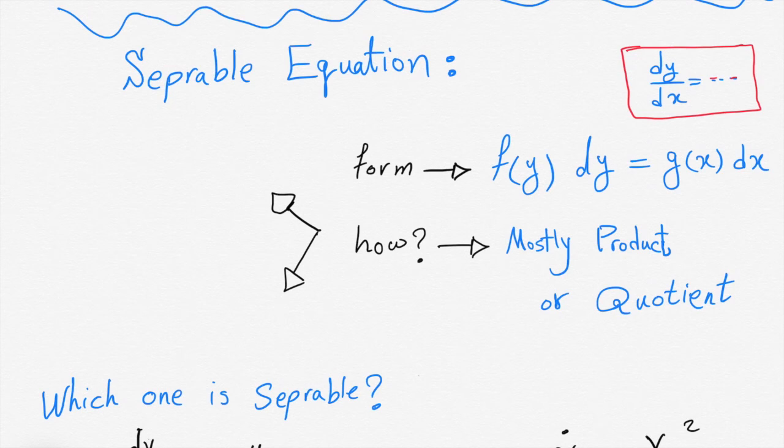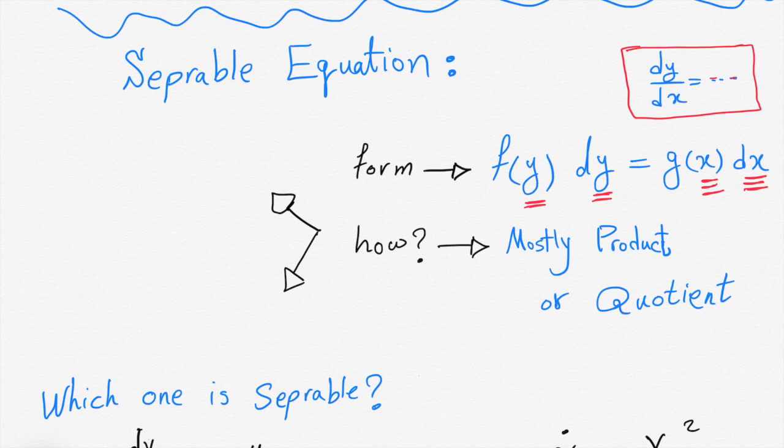It means that if f of y dy equals g of x dx, here there is a function which is just a function of the variable that you have the derivative of, and you can form your equation in a way that on the right hand side of your equation there is just the other variable and its derivative. Therefore we call it a separable equation, and mostly it is a product or